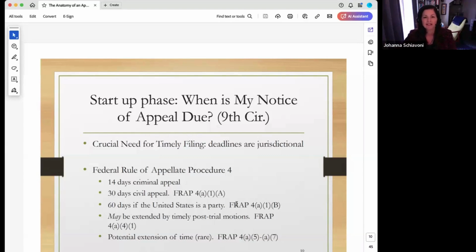It's 60 days if the United States is a party, and then the rule has a lot of intricate subparts about what that means, if it's a government head of a government agency, et cetera. So you'd want to look at that really closely if the United States is involved in your litigation. Just like in state court, as Melanie explained, there can be extensions of that deadline for timely filed post-trial